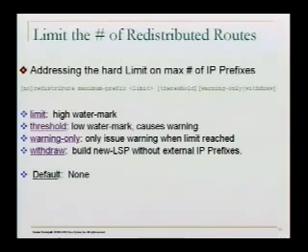It does not control the limit. That means if I put warning-only at, say, 80,000 out of a limit of 100,000, it does not stop me from learning additional routes. It just gives me a warning at 80,000, but I still continue to receive subsequent routes. So if you really want a hard stop, you want to put the withdraw option. And the limit itself, the first option, applies only to external IP prefixes when the limit is reached. That means external IP prefixes, not default routes or summary routes.